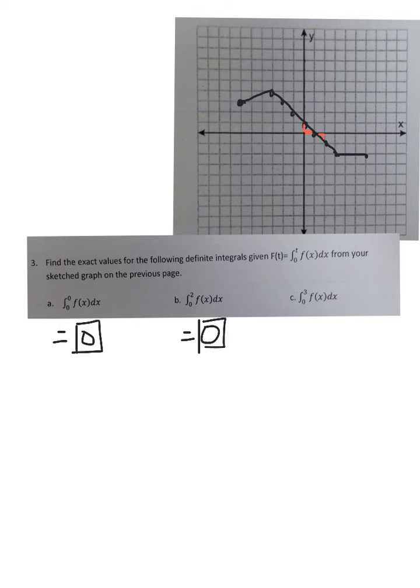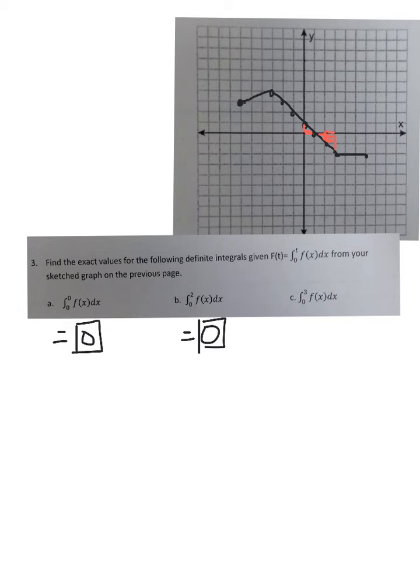All right, now let's look from 0 to 3. That's what part C is saying. So everything that I have over there shaded in red, except I am going to go to x equals 3: 1, 2, 3. So that's going to be actually all of this space. Do you guys see that? Now you can do what I did before. From 0 to 1 and 1 to 2, that would cancel out, right? Those would be 0. And then all I'm going to do is take the area from 2 to 3,